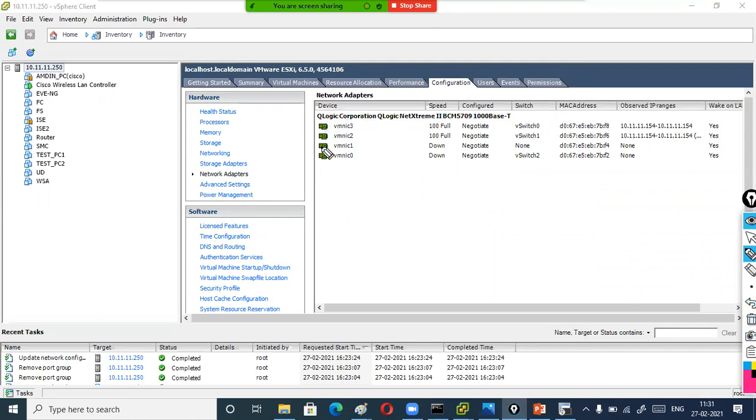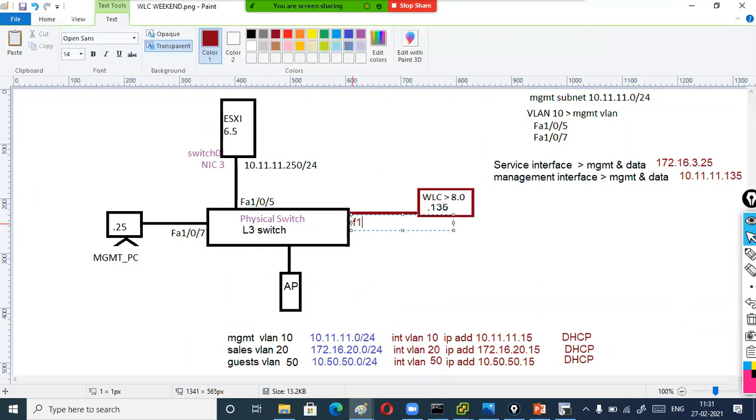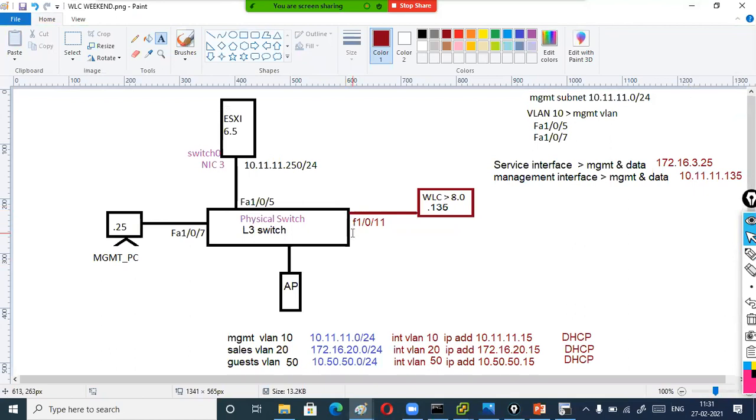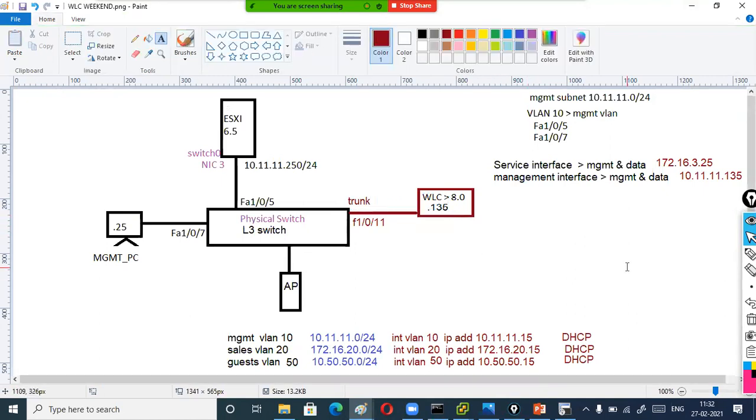So I have physically connected one cable on VMNIC2, and I'm connecting that VMNIC2 to my physical switch at port number F1/0/11. I'll also make sure on the switch this port will be trunk, because for management,